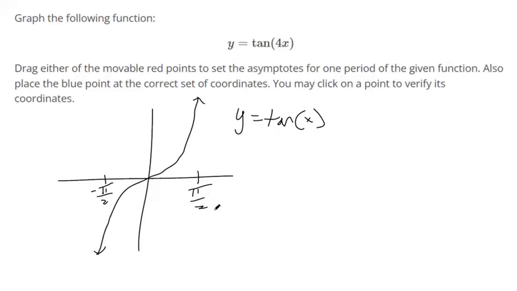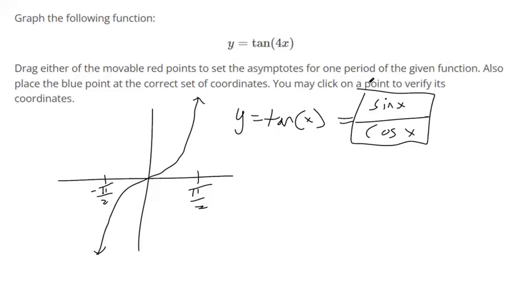And one reason you can rationalize that is tangent x is the same thing as sine of x over cosine of x. Because tangent x is just the opposite over the adjacent, right? So if you took the opposite over the hypotenuse and divide by the adjacent over the hypotenuse, you get opposite over adjacent. So every time you see tangent x, you could always rewrite it if you want as sine x